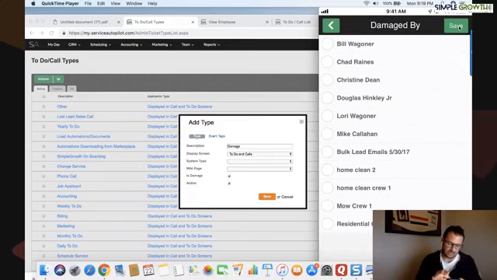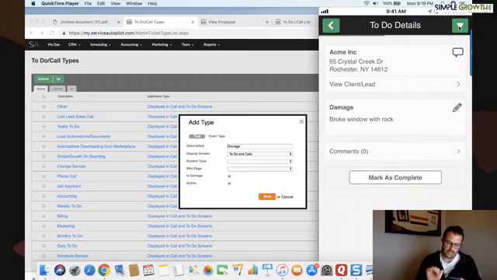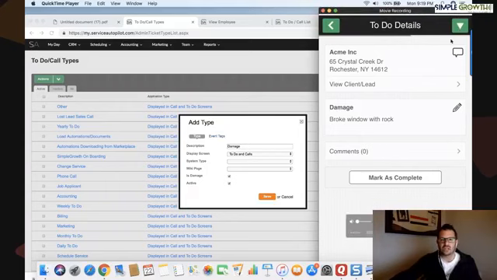And damage by. So I'm going to select myself. I'm the culprit today. And we're going to save it. Now we should be in good shape. And now it is open. So now that we have this open damaged case, the next thing we're going to do is probably go into